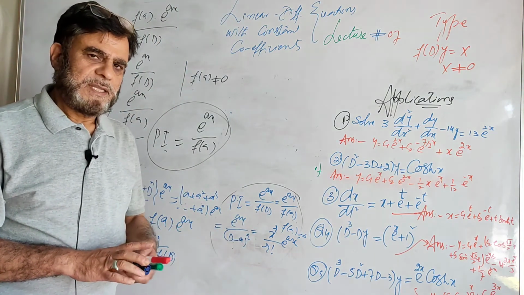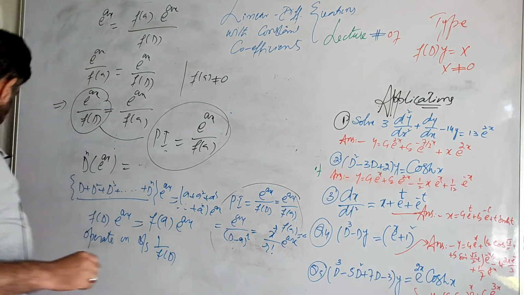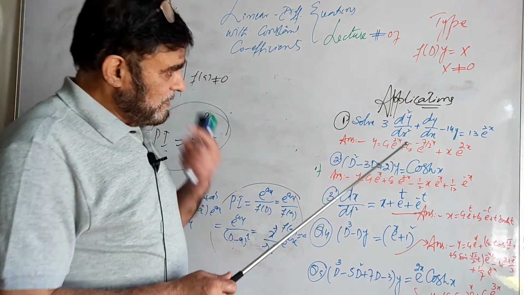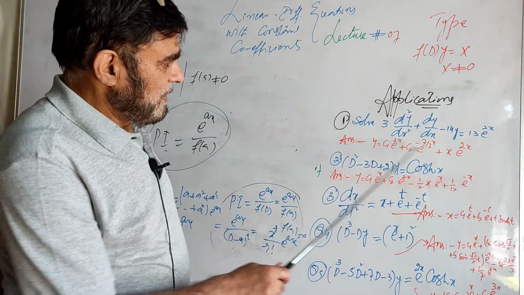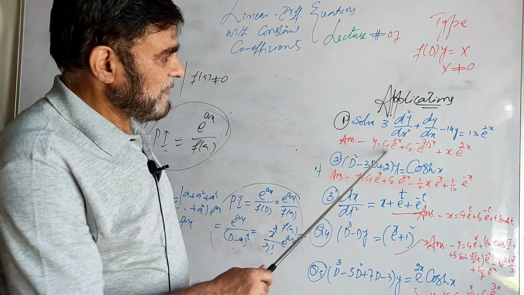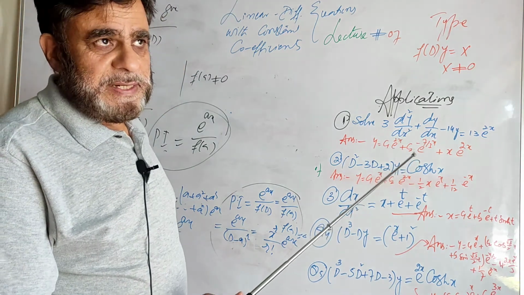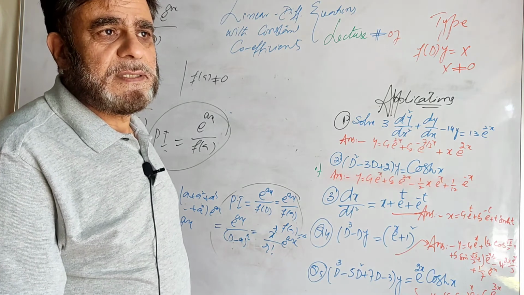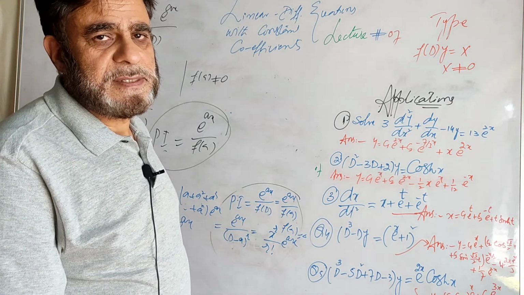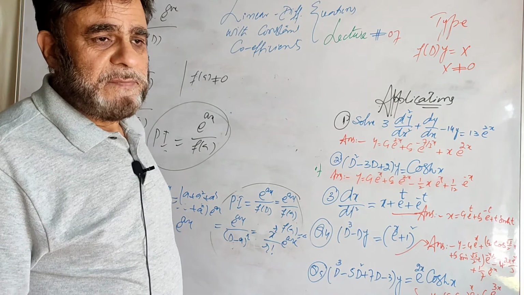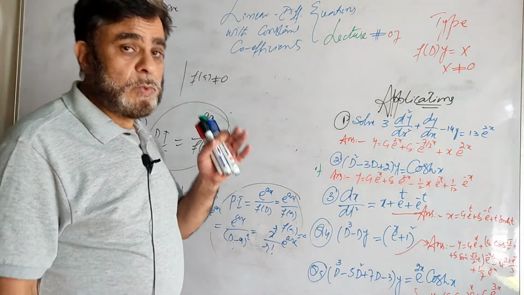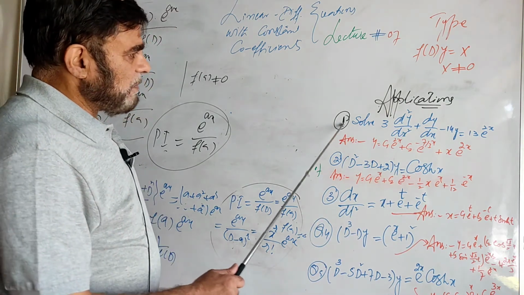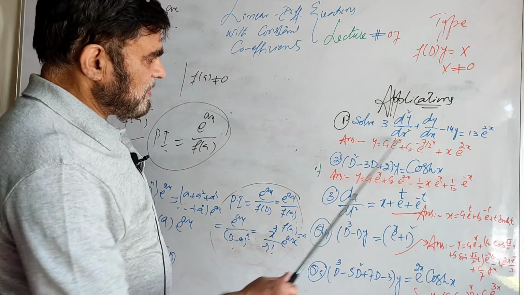Now I have chosen some examples from different books. Here are the examples, we will solve them, but I have also given the answers to these questions. We will be dealing with the case when the right hand side is an exponential function, and in some cases this f of a is not 0, in some cases f of a is 0. That is, we are actually doing problems on rule number 1. This is problem number 1, and I have mentioned its answer here.